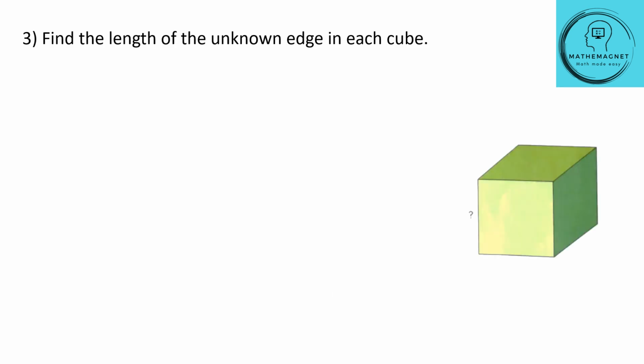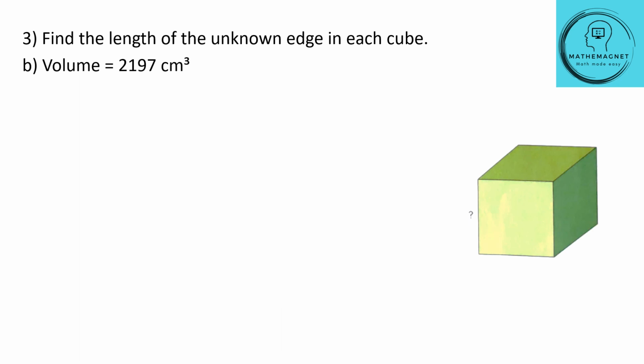Question number 3b. Find the length of the unknown edge in each cube. Here they have given a similar cube and they have asked us to find the unknown length. They have given us the volume. Again, in a cube all the edges measure the same. So to find the measurement of one unknown edge in a cube we will have to find the cube root